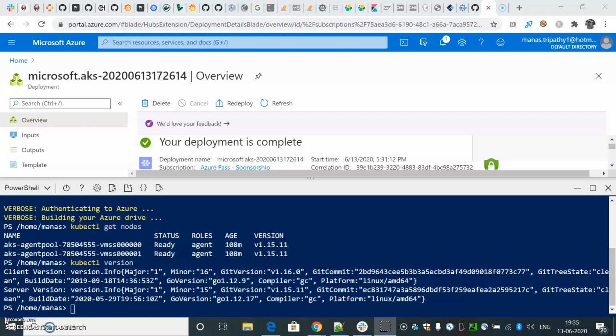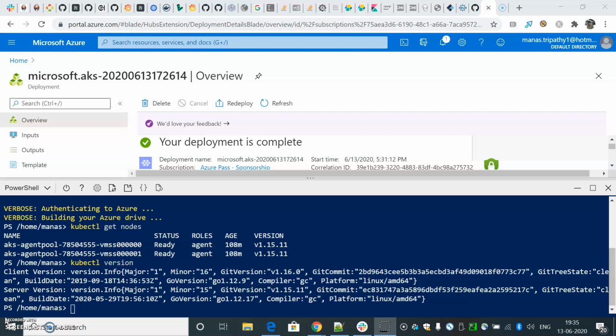So if you have more than one node pool, like 2 node pools and each node pool is having 5 nodes, then it will be 10 nodes, and 10 into 10 minutes, so you can expect 100 minutes for the upgrade to complete.